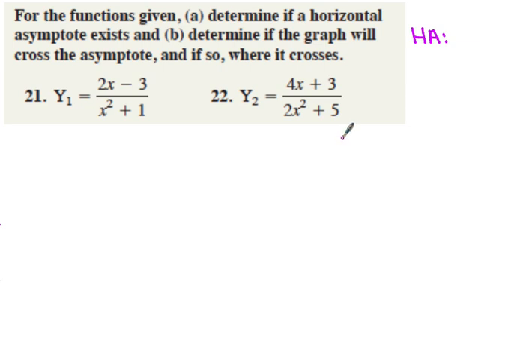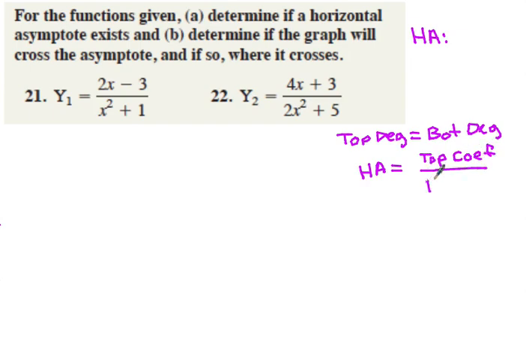I think in the book they're going to give you kind of this general guidance where you'll see if the top degree is equal to the bottom degree, you'll approach, so your horizontal asymptote will equal the, trying to describe this in less crazy wild vocabulary, the top lead coefficient, so let's call it top coefficient, divided by the bottom coefficient. So what we mean by that is,